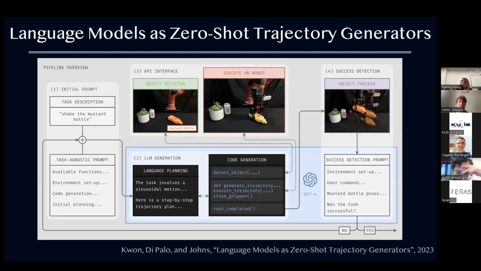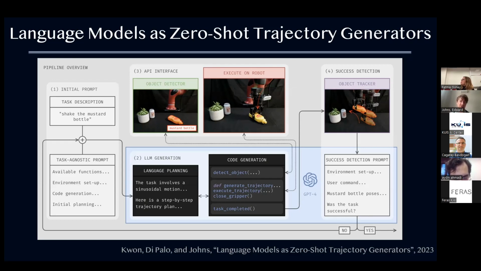So here's the pipeline. On the left, we have an initial prompt, which is the description of the task. For example, shake the mustard bottle. Then at the bottom left, we've got this task-agnostic prompt. We have one big prompt that we use to give GPT guidance as to how it should be solving these tasks, but in a task-agnostic manner. So we're not telling it how to shake the mustard bottle. We're just telling it things like, think internally about the trajectories that the robot should follow, consider collisions with other objects, all of these task-agnostic hints and guidance that GPT can find useful in order to then predict the